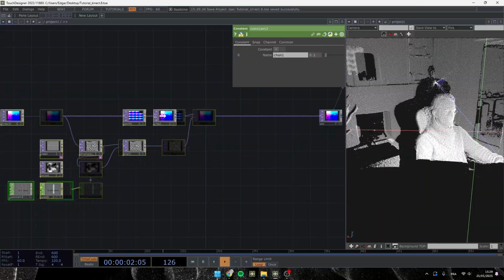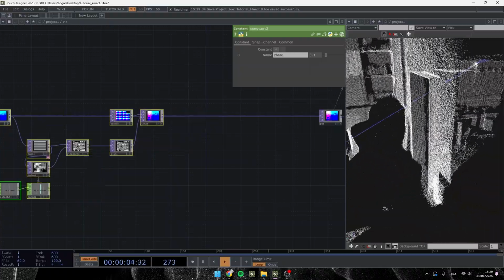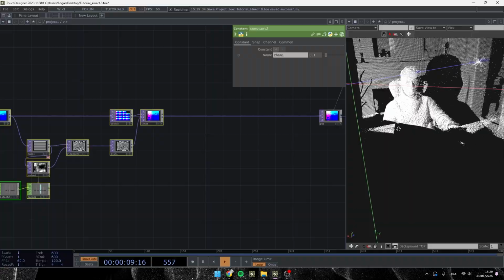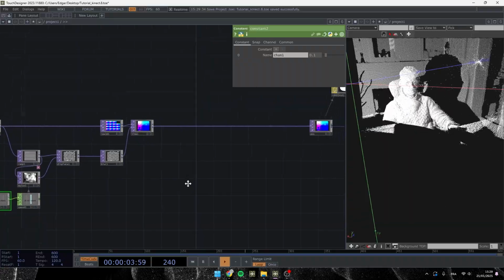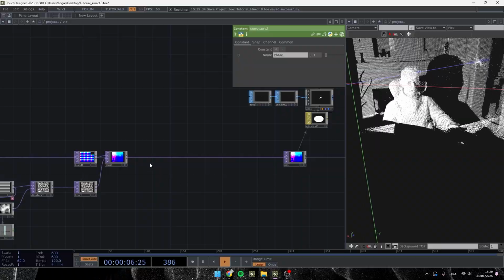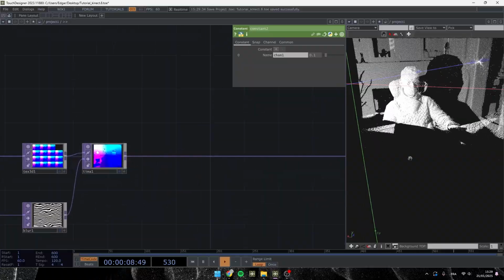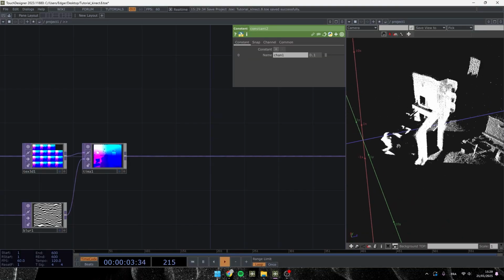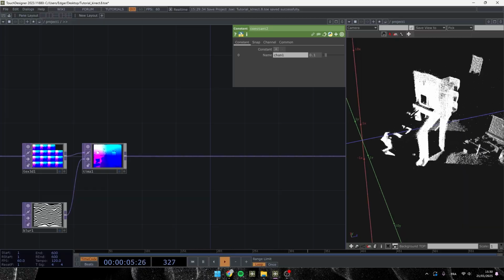Anyway, now I don't want to have all the background. I want to have only my face, only my silhouette, even if I don't know if silhouette is the good word in English. So in order to do this, I want to delete everything that is in depth, and the depth is following the z-axis. So I want to delete on the z-axis,